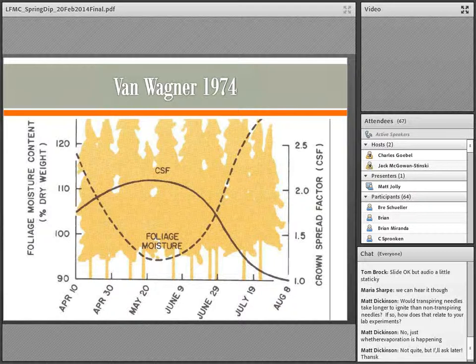But what you'll notice is that this crown fire spread factor, his theoretical one, nearly perfectly follows our measurement of foliar density. So it's very possible that we can develop a scaling parameter that allows us to assess these changes. And even moisture content alone isn't a bad proxy. It's just about how we interpret these changes over time from the same place.